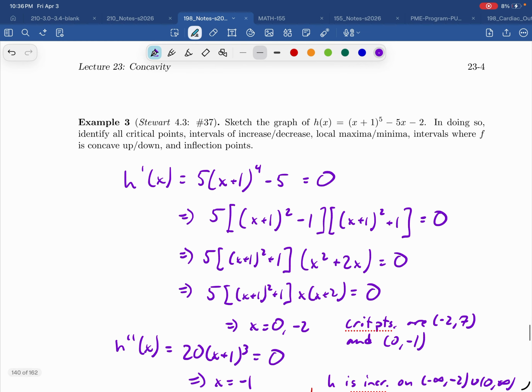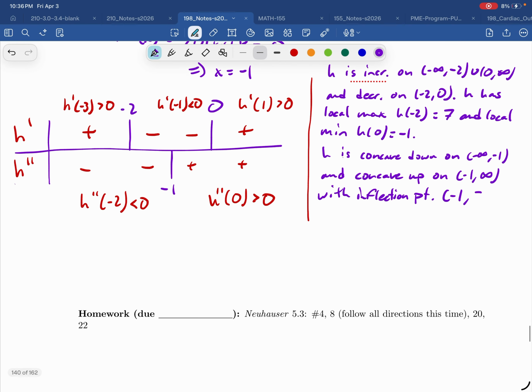That will be 3. Right, now how do I know it's an inflection point? Because we go from negative to positive